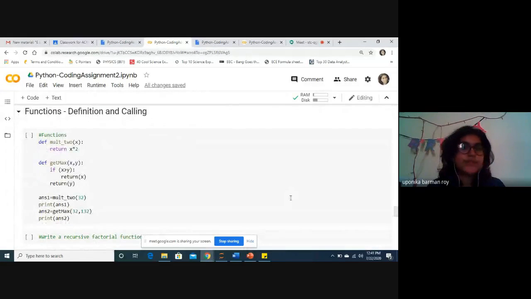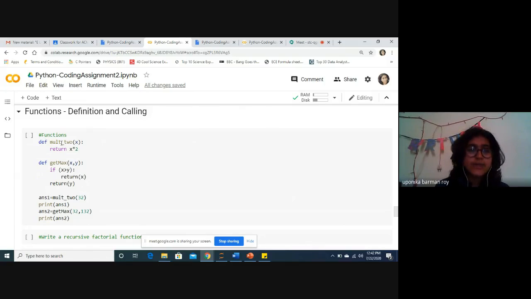Functions are important. Like for any programming language we go through, like C, Java, or anything, there is function definition and function calling. Similarly, in Python we also have the concept of function. For writing a function, first initialize with the keyword def, because the def keyword is used to write one complete function, and then give the name of the function with parentheses and pass the argument. If you have an argument, well and good. If you do not have an argument, it is still a function with null argument.